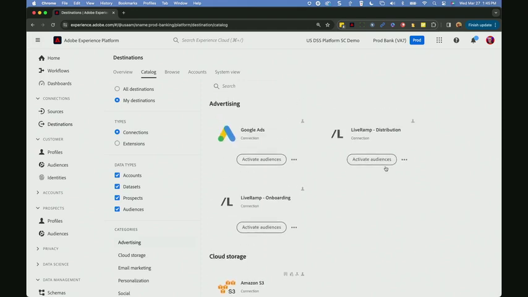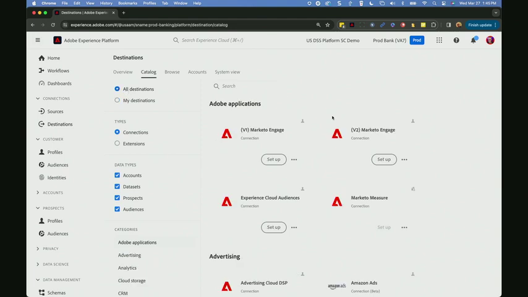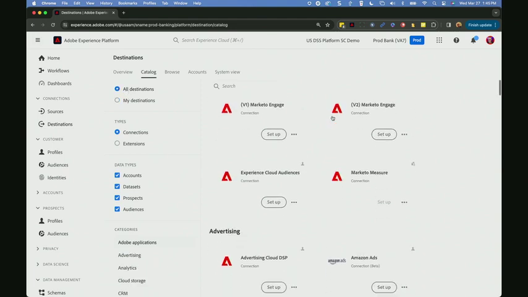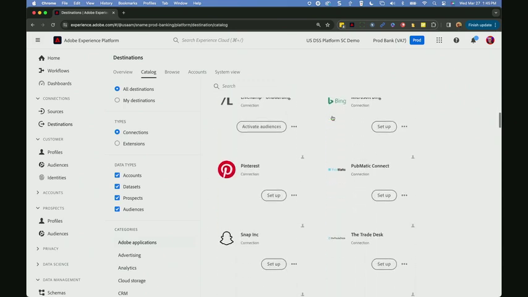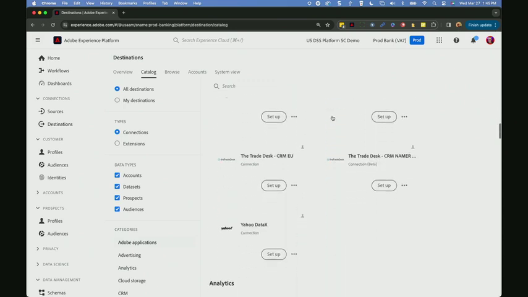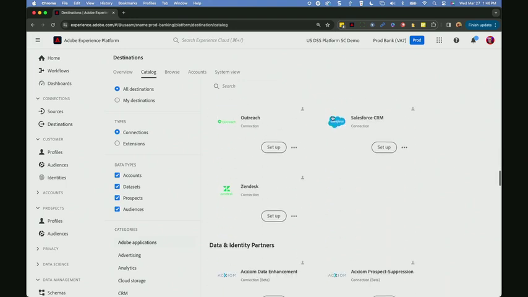And if you're curious about all the different destinations in our catalog, you go underneath connections and hit destinations. We'll take a look at all of them. You can see some of the destinations are internal to Adobe to send it to other applications inside the Adobe ecosystem, and some go out to different third-party vendors that we work with. They can also go to Azure and AWS, go out to flat file, send it back to your